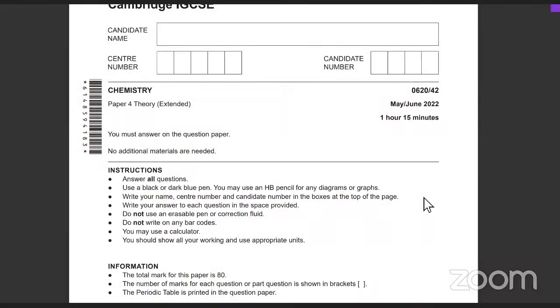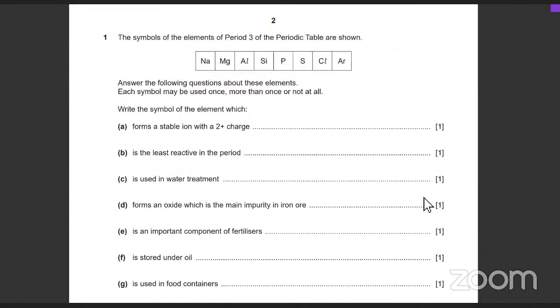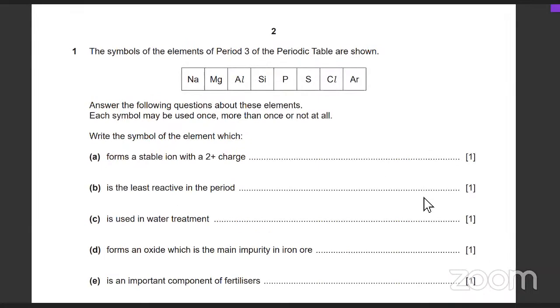चलो ठीक है, ये वाला 0620 ये समर 22 क्वेश्चन पेपर 42। ठीक है, ये वाला पेपर बस सॉल्व करते हैं कि forms a stable ion with a charge of +2। ये कौन होता है? ग्रुप 2 होता है। ठीक है, और अगर प्योर टेबल है दैट्स गोइंग टू बी Mg।